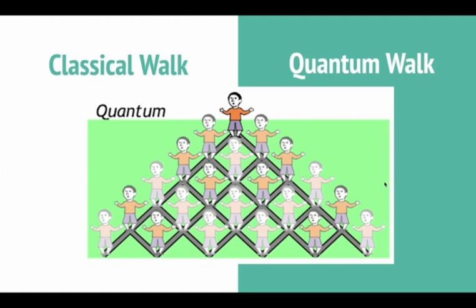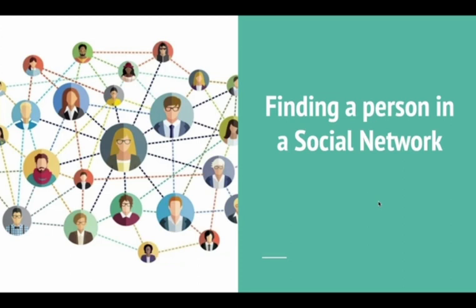Instead of a simple grid, let's consider a more complex network with nodes and edges, where nodes represent entities such as people, genes, or cities, and edges represent the connections between them. A quantum walker will exist in multiple states simultaneously, and at each step, it will move to all neighboring nodes at the same time, rather than choosing one single node randomly.